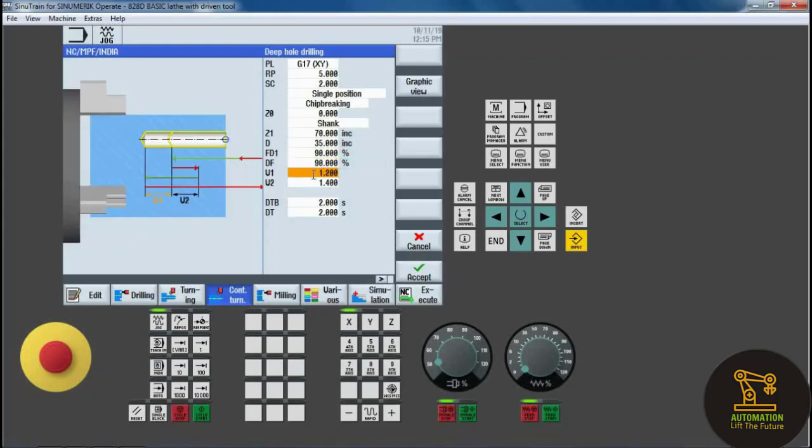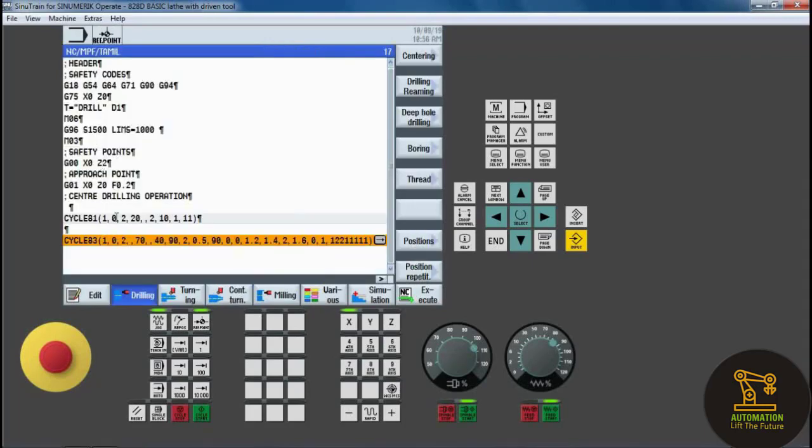V1 and V2 are the distances, and next is the dwell time. It's the minimum infeed depth, so we keep V1 as 1, and V2 as 1. Dwell time is 2 seconds, and click accept. So this is the deep hole drilling operation.